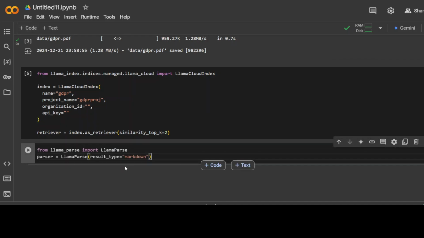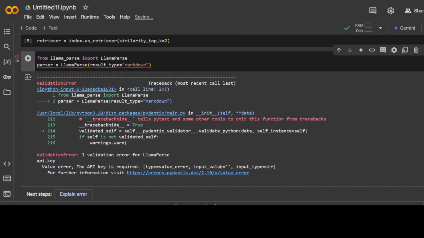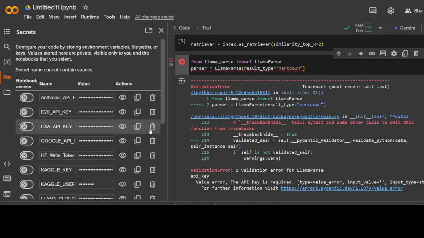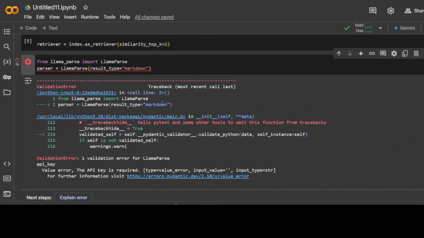Next up, we can parse that document or index with the help of LlamaParse. Okay, so this is going to give me an error. It is saying that I would need to specify the key. So this error means that I would need to set this LlamaCloud API key in my environment. For that, the best way is to set it as a secret on the left hand side. You see there are a lot of secrets I have set. I already have this LlamaCloud API key, and this is the one which I am going to retrieve from this secret and set in my environment. So I'm just going to close this, go back here,